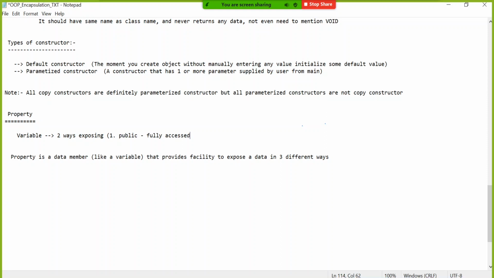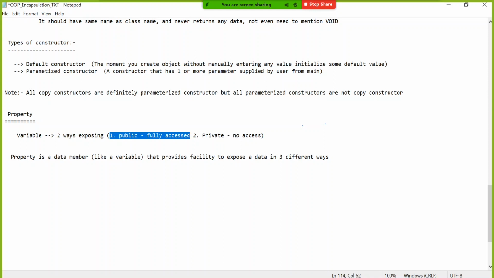Yesterday we saw that the moment I made it public, I was able to modify employee ID in another class. And the second is private, meaning no access. We will come to the property definition later. First understand what's wrong with variable, so that we go for property.